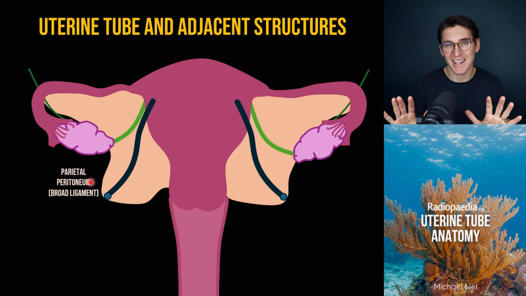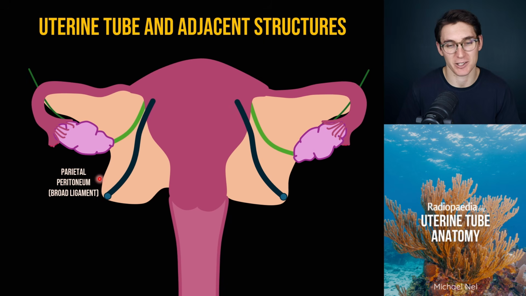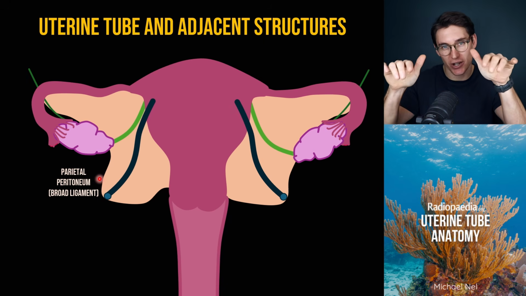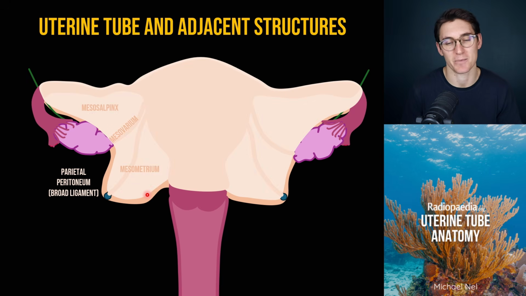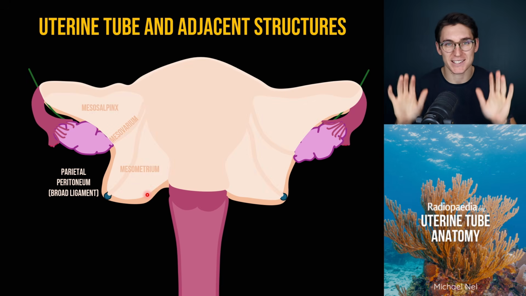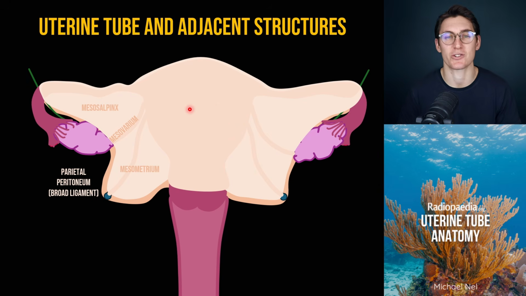The broad ligament, though, is a double fold of parietal peritoneum. It extends over these structures and wraps over the anterior surface of these structures here. We can see it like that. I hope you can visualize that parietal peritoneum wrapping over these structures here. This entire structure here is what's known as the broad ligament, and we can separate the broad ligaments into three